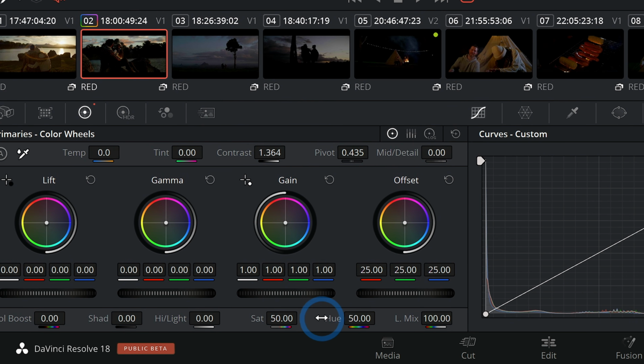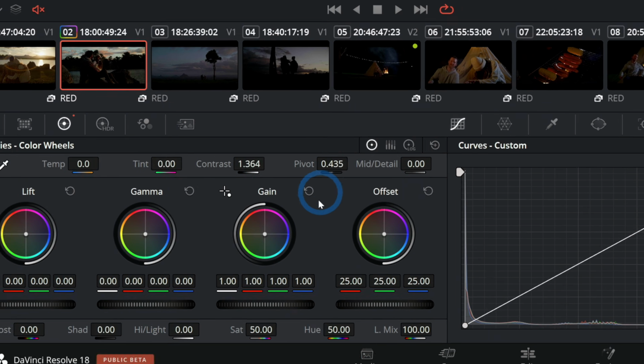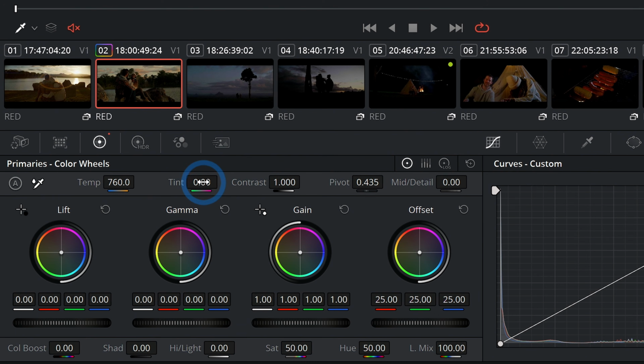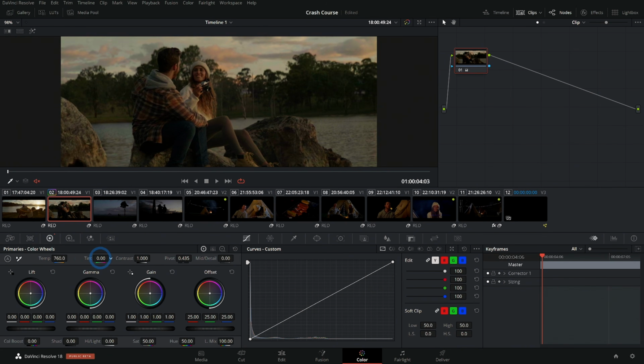The ones I use the most often are contrast and pivot and saturation. That just makes the colors stronger or weaker. And then I also like temperature and tint. If I want to warm up a shot, I like to just take the temperature to the right a little bit to overall warm it up. I can adjust green versus magenta with the tint, and that's a nice way to fix a white balance. And so yeah, that's really just one palette, and that gives you just a ton of control over the